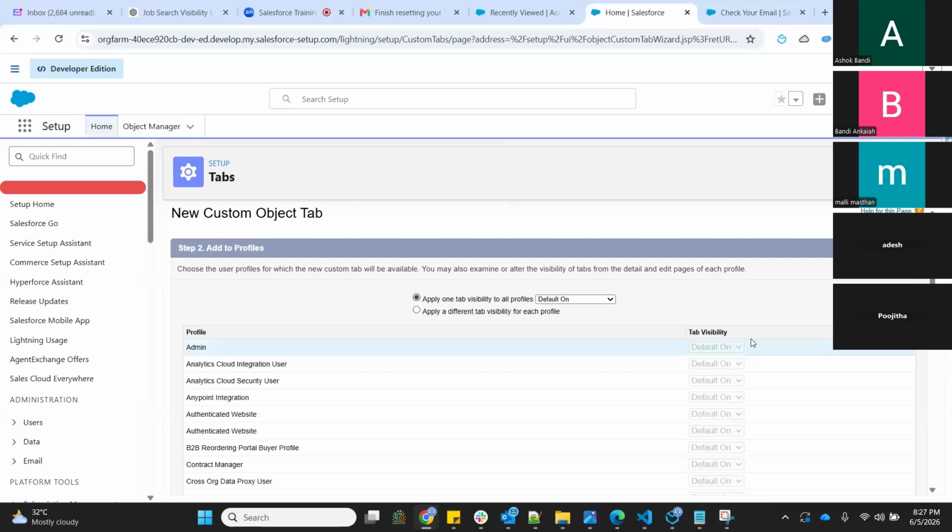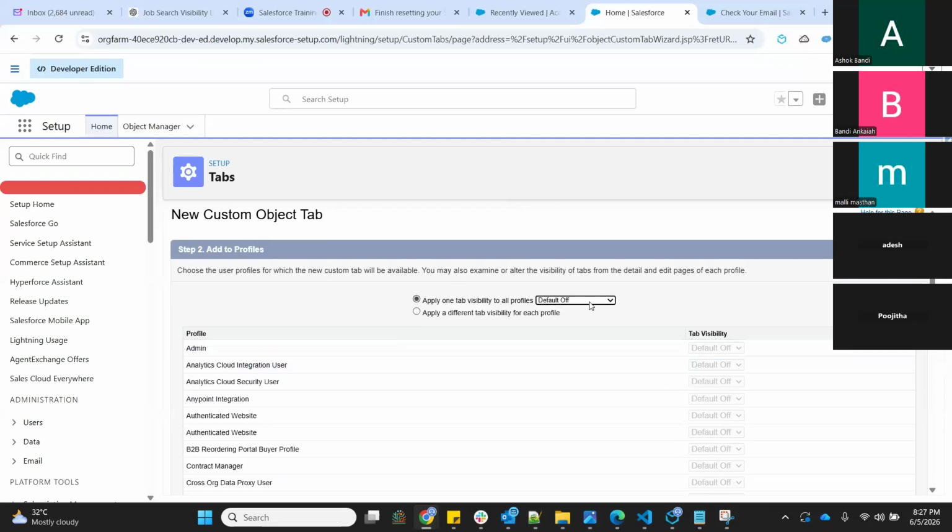By default it will be on. For example, if I change it to default off, then for all these profiles the tab will be in off mode. This is the first option, apply one tab visibility to all profiles at a time. But I don't want to turn this on for all profiles. I want to turn on this tab only for specific profiles. Then you need to click